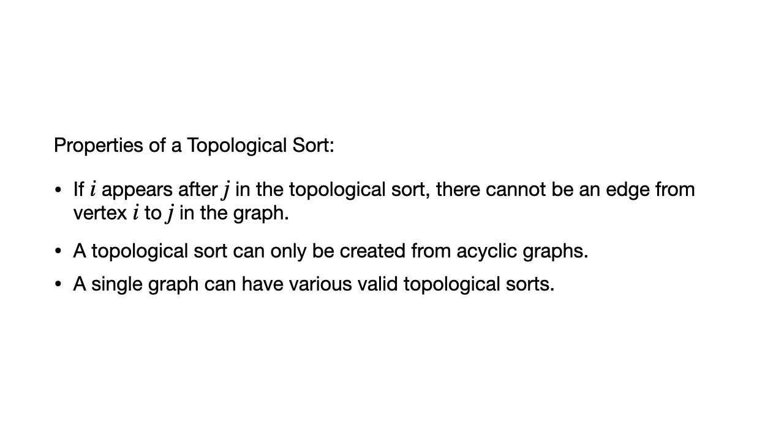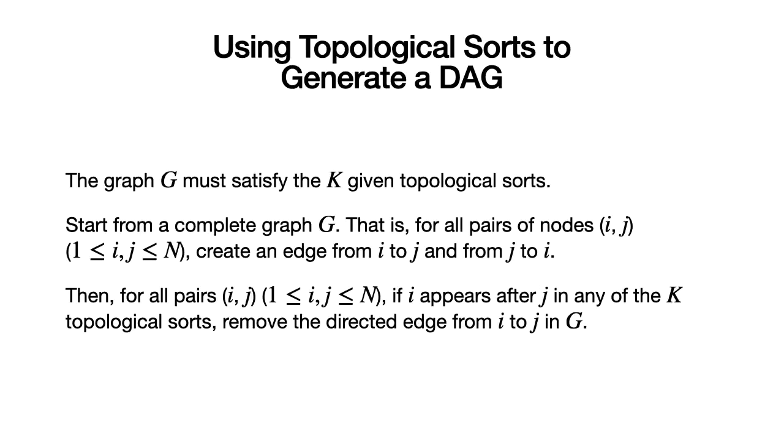Now, how do these properties help us? Well, the first property shows us that topological sorts only limit which edges can be created in the graph, but they do not force any edge to be created. Therefore, if we were to create a graph that contained all valid edges from this topological sort, then our final solution will only be a subset of those edges. The topological sort does not force any edge to remain in the graph, right? The second property tells us that we don't have to take any extra steps to make the graph acyclic. Once we create a graph that is based on a topological sort, it will be acyclic by default.